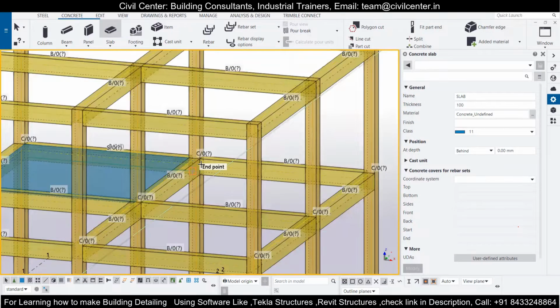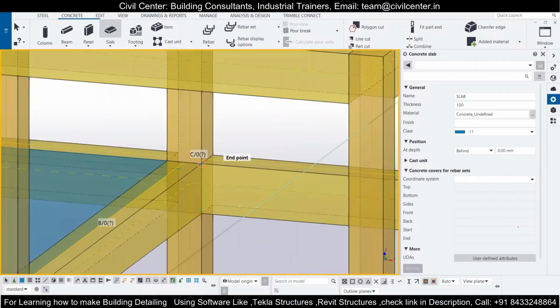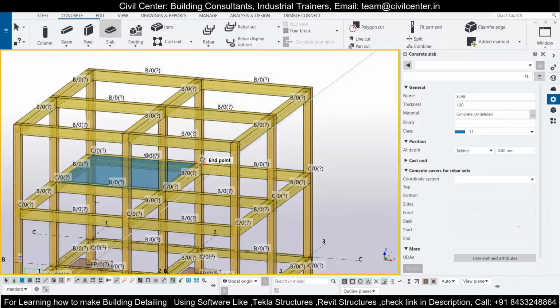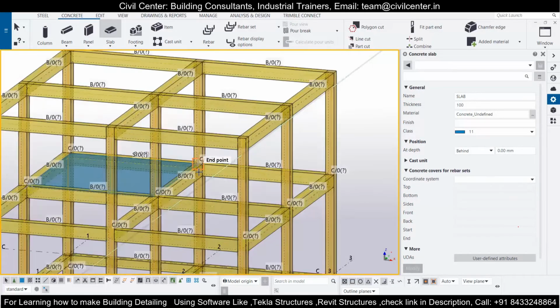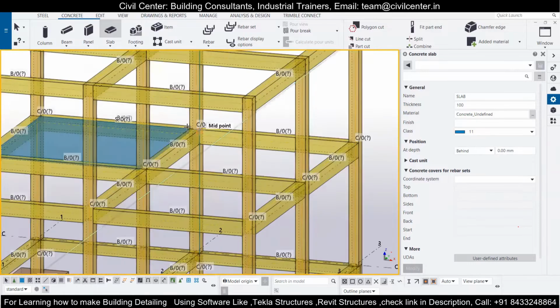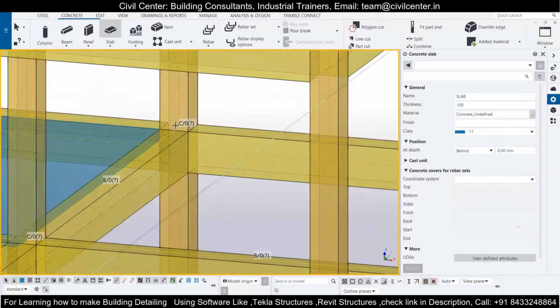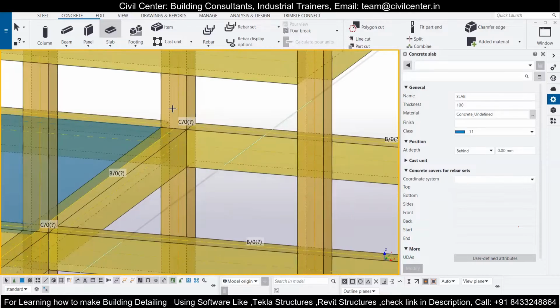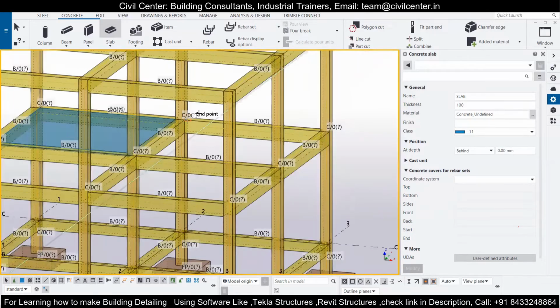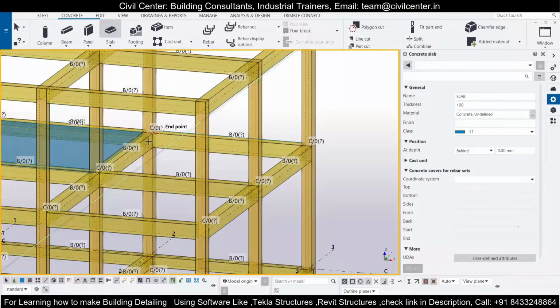Or if you want, you can also copy the slabs. Since all the dimensions over here are the same, I can simply copy the slabs. If you want to work with the trapezoidal footing, then you will have to modify the footings. You can modify the footings, but then you will have to place the reinforcements manually, as the app will not work on that. I will also show you how to place the reinforcement.